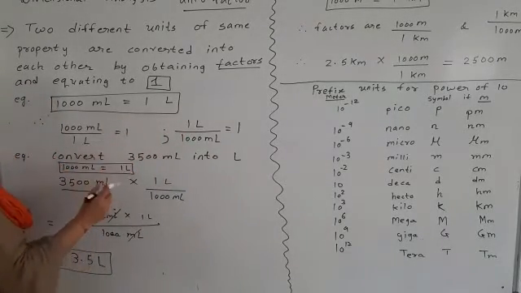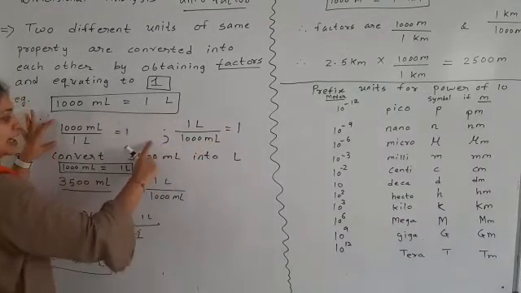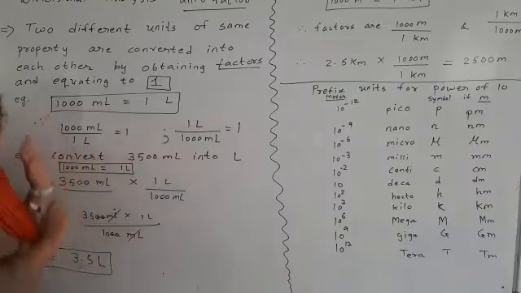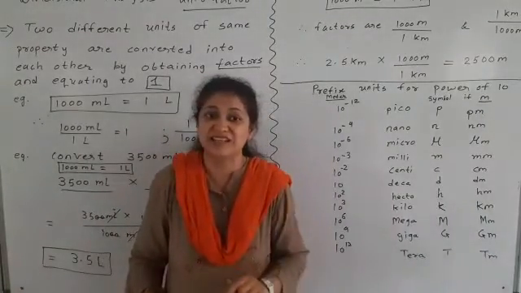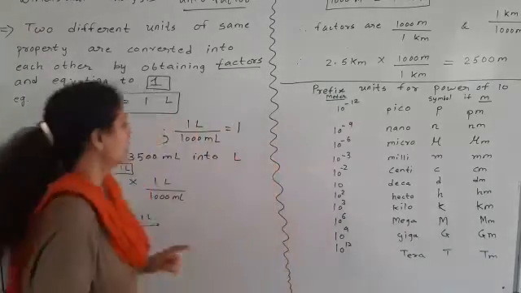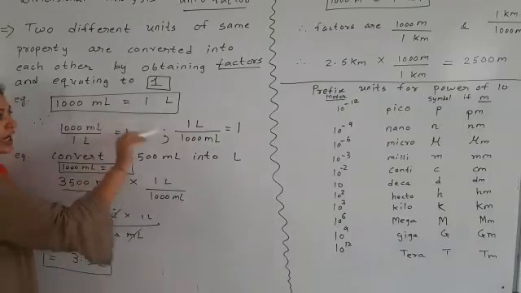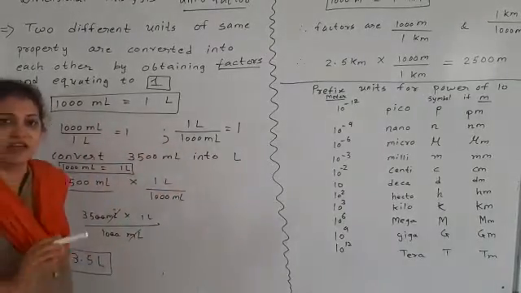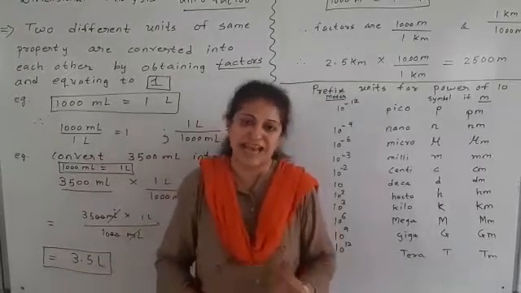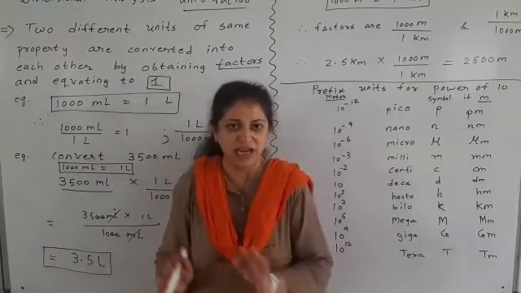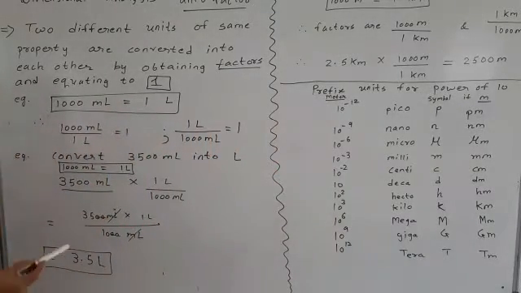Now why is it equated to 1? Because if you simply take these two factors and multiply them, they cancel each other. When they cancel each other, the answer is not 0, the answer is 1. So these are the two factors in which one unit appears in the numerator and in the other factor it appears in the denominator. Like that you can obtain the unit factor for any physical quantity. Here I have taken the example of volume.